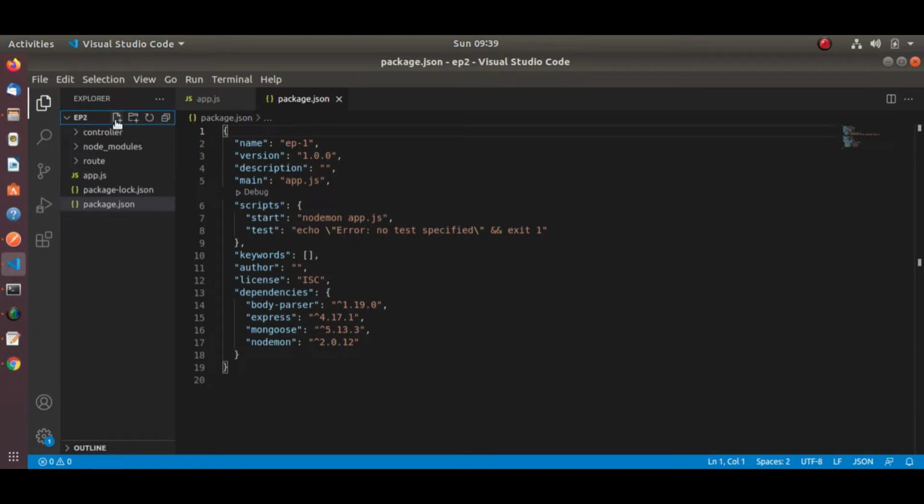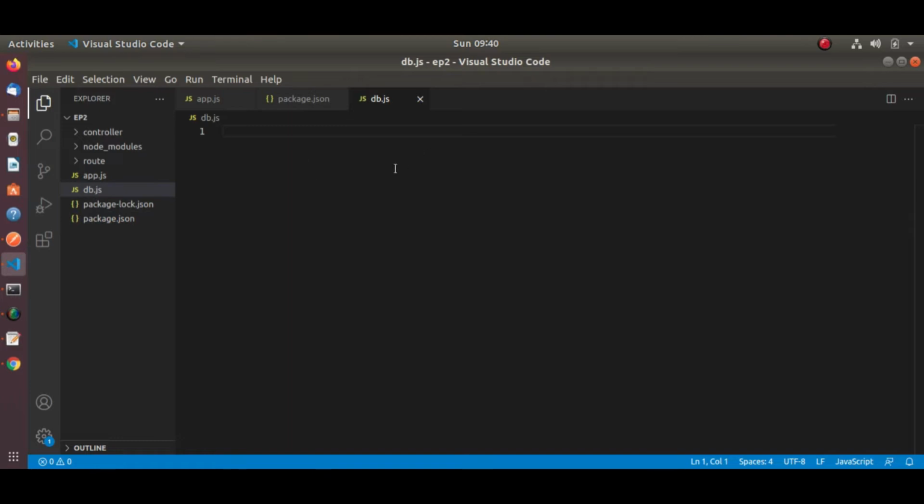Let me create one file, let's say db.js. So here our agenda is how we will make one connection from Node.js to MongoDB using the Mongoose driver.